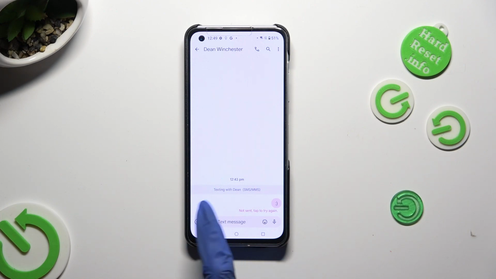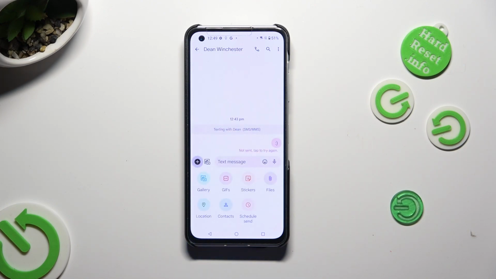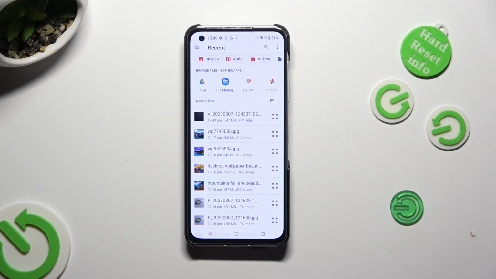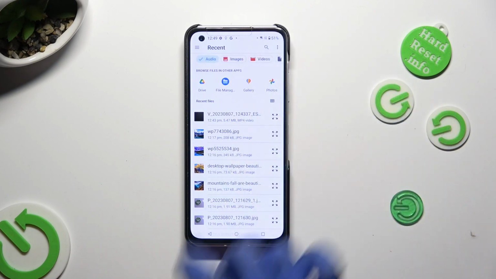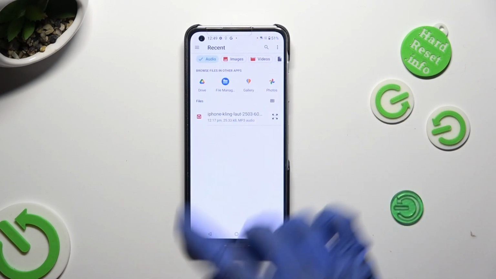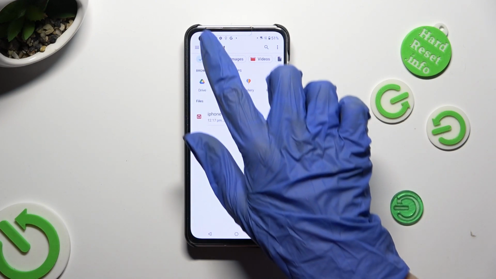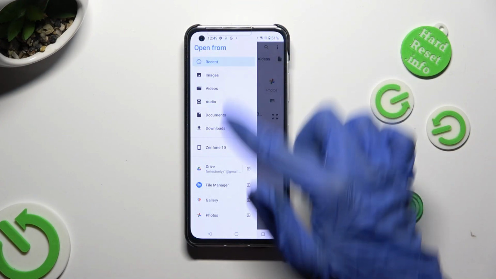Then tap on this plus icon at the bottom left corner. And in order to add an audio file, click on Files section. Then select Audio filter at the top. Click on one of those apps or click on those three lines at the top left corner to access one